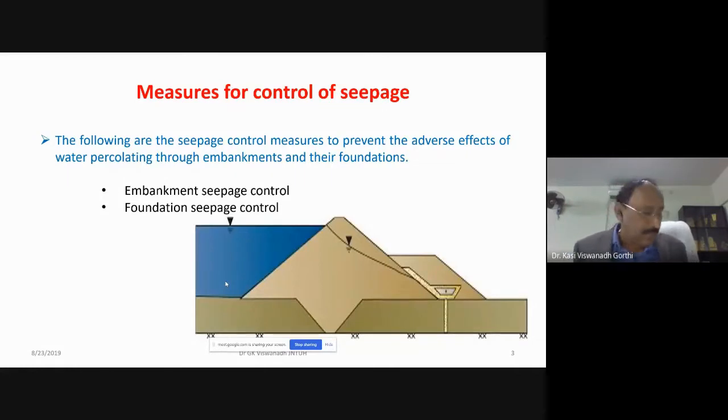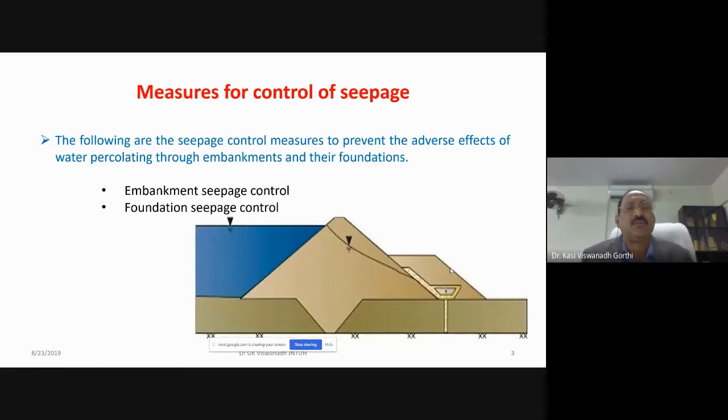But the unpleasant situation in the case of an earth dam is that, because we are making use of locally available earthen material, if sufficient compaction is not done, there could be a possibility that through the connected pore spaces of this embankment section, the water from the upstream may seep through the body of the dam and reach the downstream portion, leading to several failures. Since water flowing through the body of the dam is not desirable, it must be controlled. This is what is called seepage control.